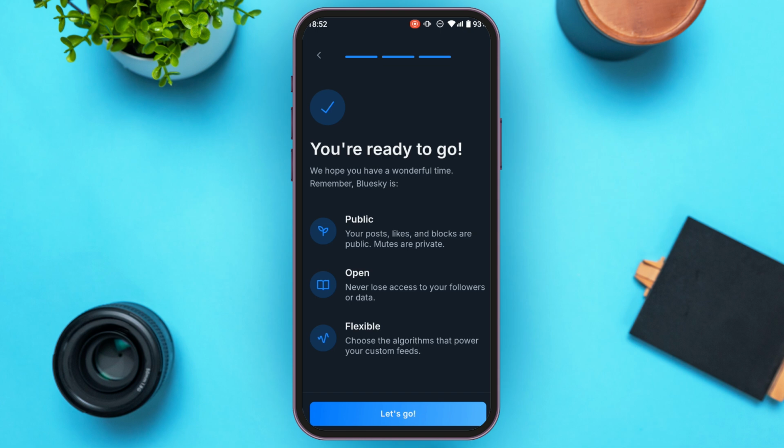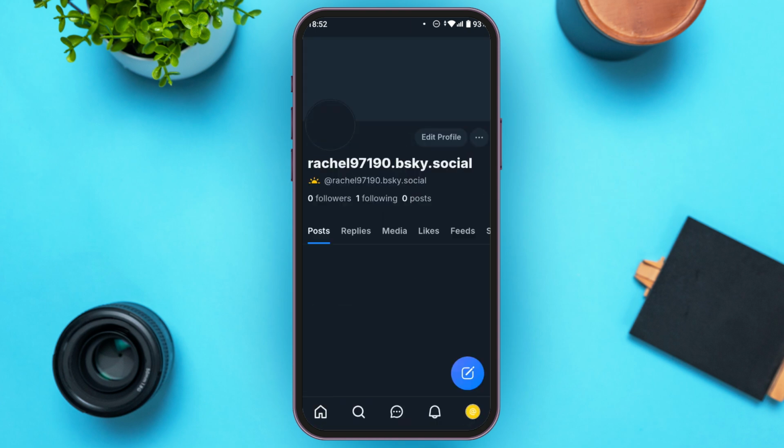Now you can see over here, you'll be led to this kind of interface. Read this information very carefully. Bluesky is public, open and flexible. Simply tap on the let's go option that you can see at the bottom of your screen. Now you can see over here, your account will be created. So that is how you create an account on